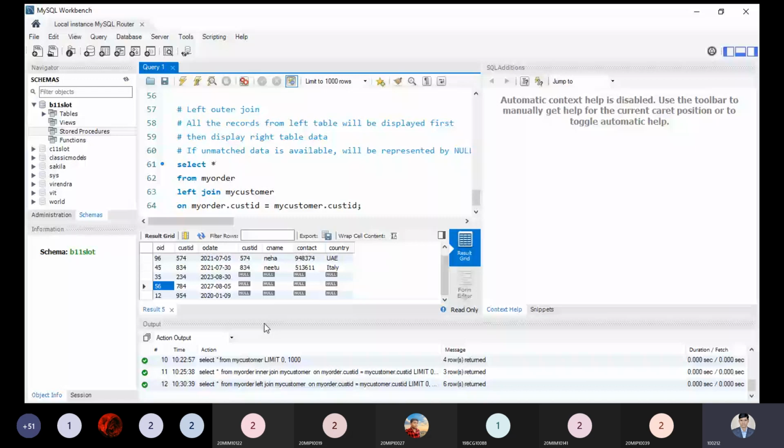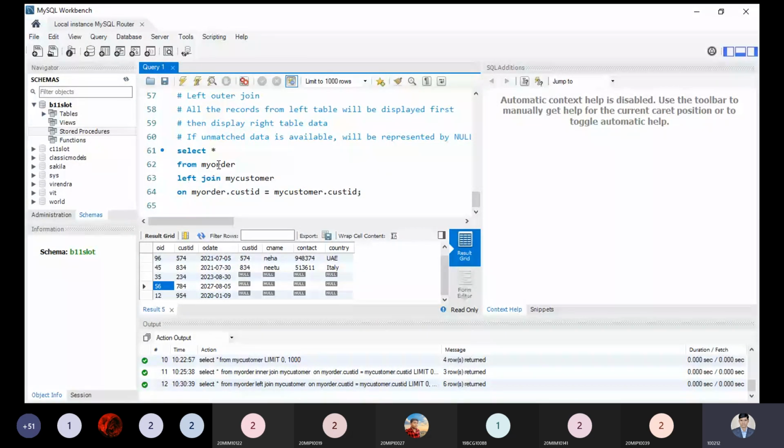It is visible to all now. And this is known as the left outer join. So all the data on the left side will come, the data matching on the right side will display first, and unmatched data will be filled or padded by null. Unlike the left outer join, we can also use the right outer join.